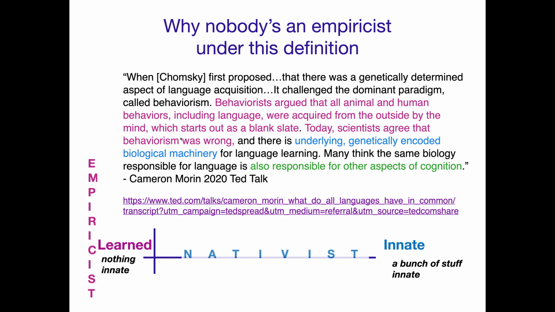And today, scientists agree that behaviorism was wrong. So nobody's this kind of empiricist. And everyone seems to be in agreement that there's an underlying genetically encoded biological machinery. They believe that something's innate. Everybody's some kind of nativist. And many think the same biology responsible for language is also responsible for other aspects of cognition. So that's going to be the domain general crew. But pretty much everyone's a nativist. And then where they really split is, are they a constructionist, a non-linguistic nativist, and they don't believe anything is linguistic that's innate? Or are they a generativist, a linguistic nativist, and they believe at least one thing is linguistic